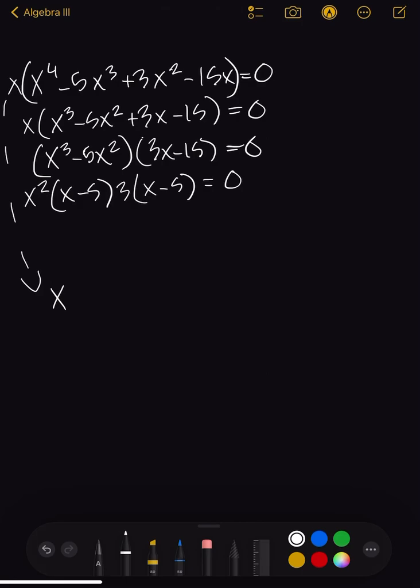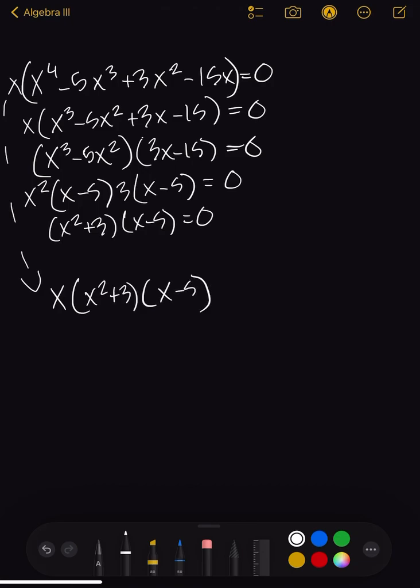So just make sure that you check for common factors you can pull out in the beginning of the equation before you go ahead, or else you could get the wrong answer. So from here on, I could put x squared plus 3 and then x minus 5 into parentheses. And I'm going to put them down here too, because this is our factored answer. So if you were graphing or anything like this, you could actually use these in order to graph your equation. Obviously, there are 2 ways you can put it in, but that's besides the point. Anyways,